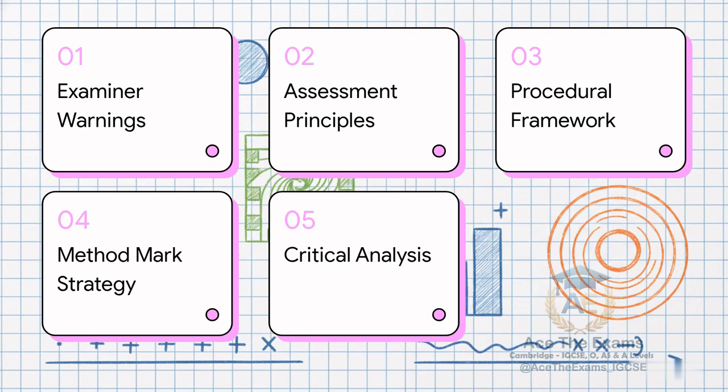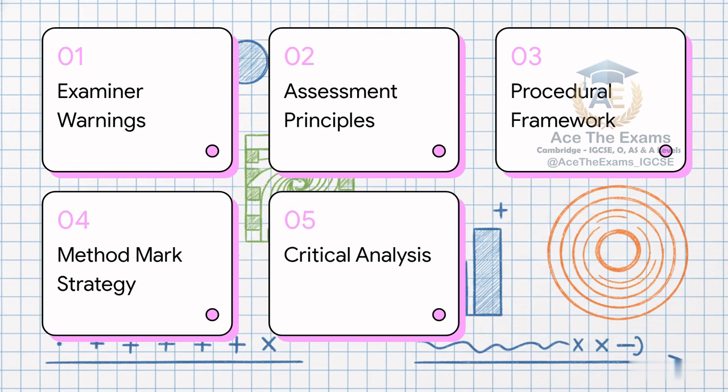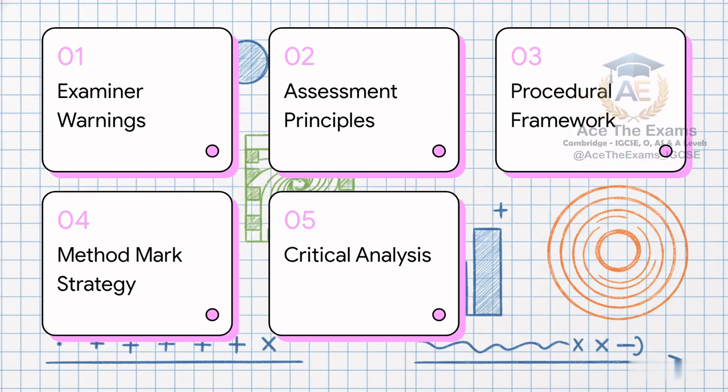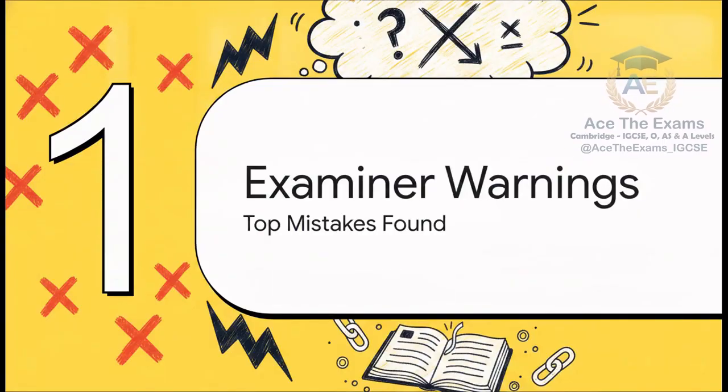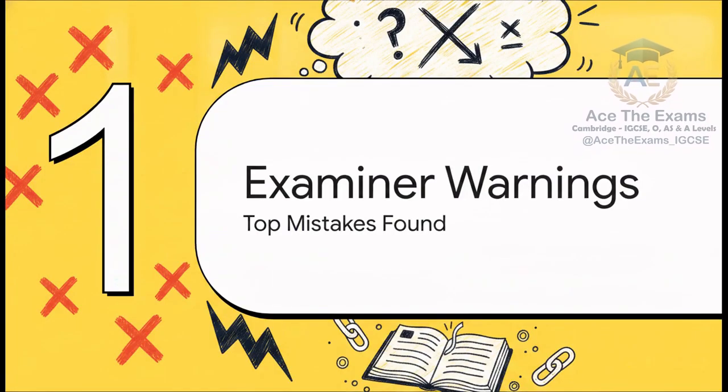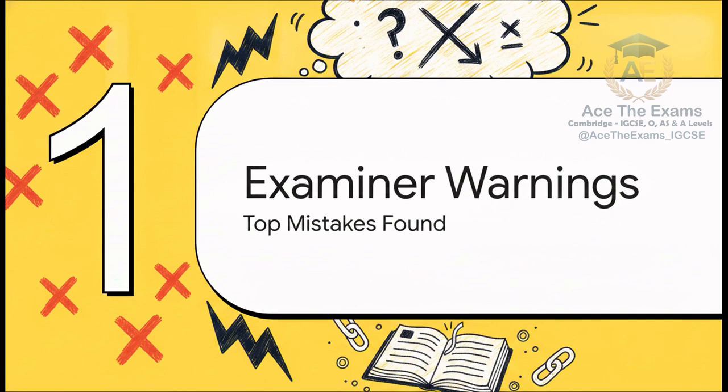To keep things super actionable, we're breaking this down into 5 quick sections: examiner warnings, assessment principles, procedural framework, method mark strategy, and finally the critical analysis mindset. Think of this as your foolproof strategy for tackling literally any progression question they throw at you. All right, let's jump straight into section 1, examiner warnings, and take a look at the absolute top mistakes found